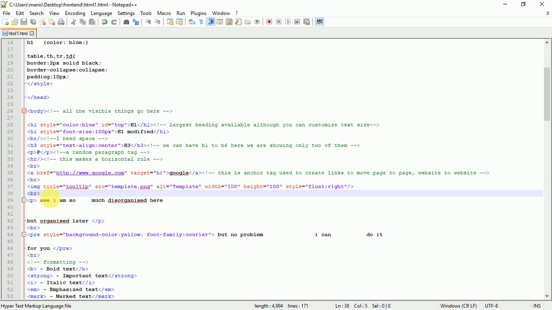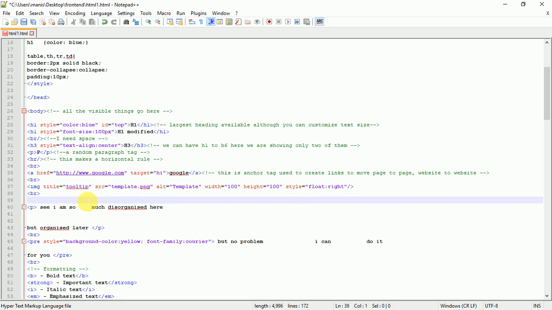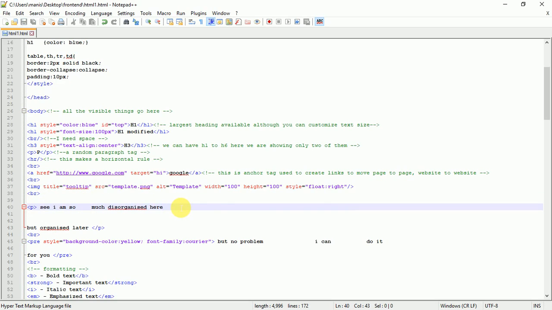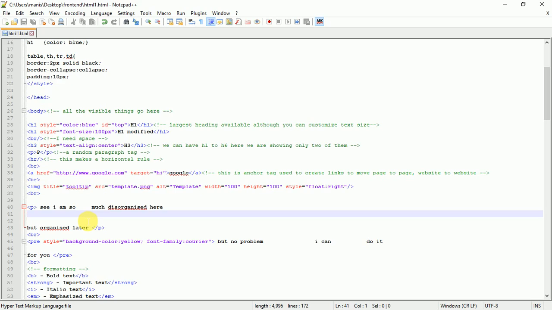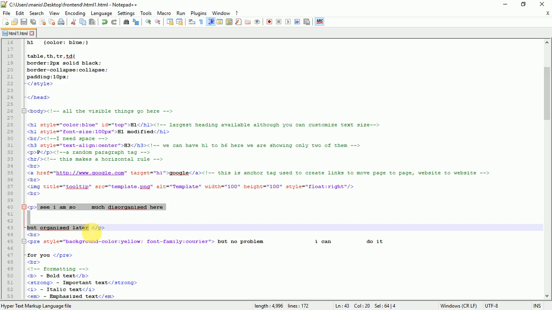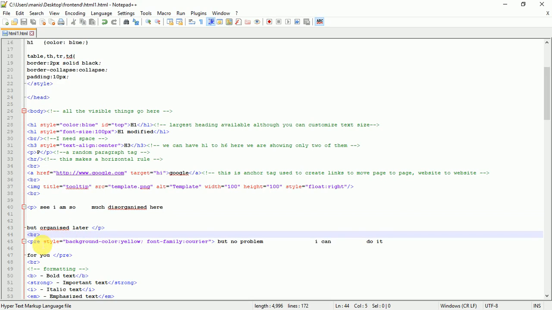another thing about paragraph is the spaces are not considered. Multiple spaces are considered as a single space. Multiple enter or new lines are considered as a single space. And you can see if I write everything like this, everything would be organized in the output. But if I want the output to be as it is, for that I use a pre-tag, and you can see